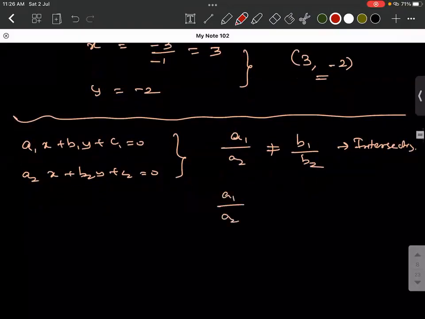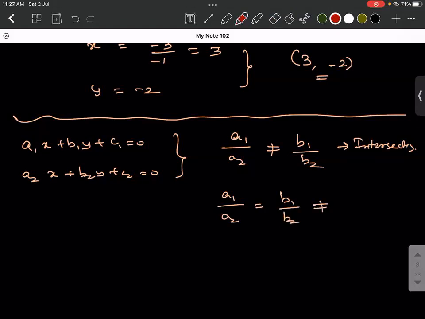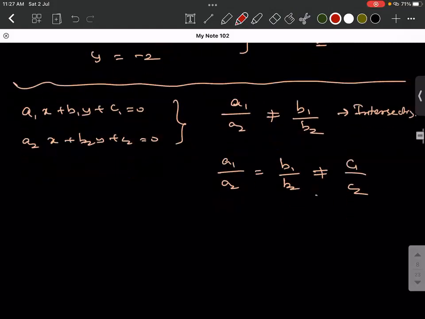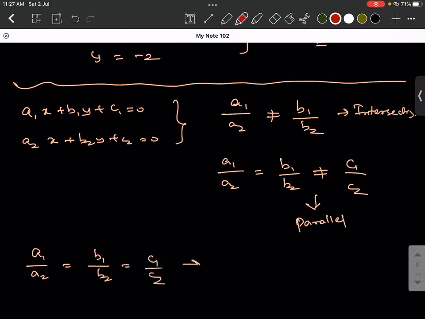If a1 by a2 is equal to b1 by b2 but not equal to c1 by c2, they are parallel. If a1 by a2 is equal to b1 by b2 is also equal to c1 by c2, they are